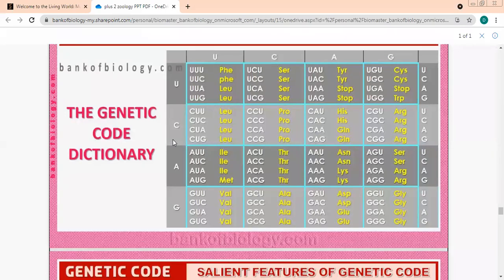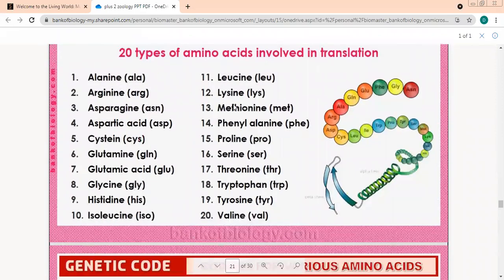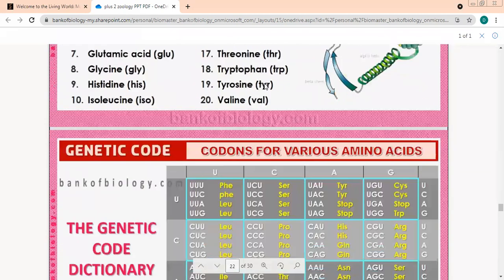Now, let us talk about the amino acids. The first two were phenylalanine. Leucine. Okay, children, what is the name? Leucine.